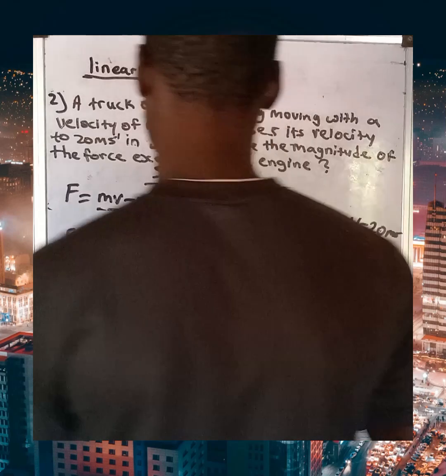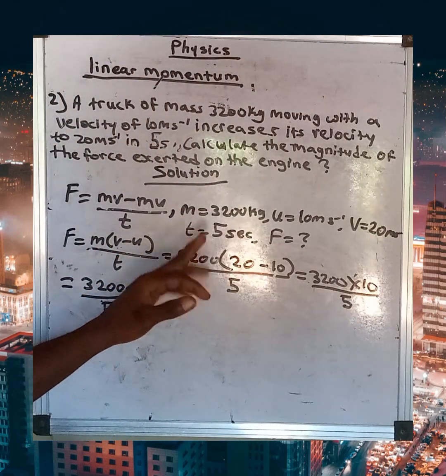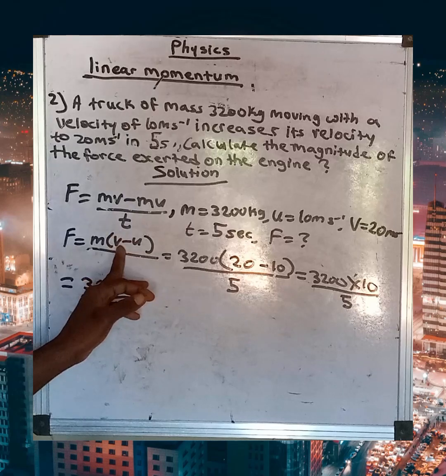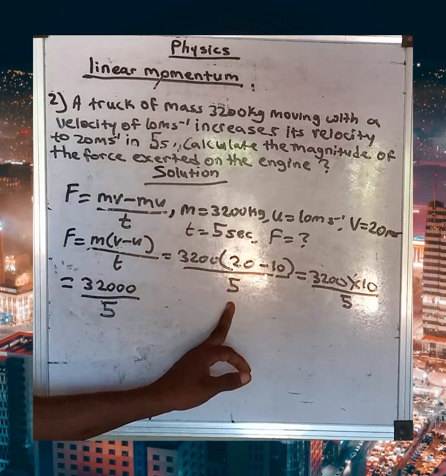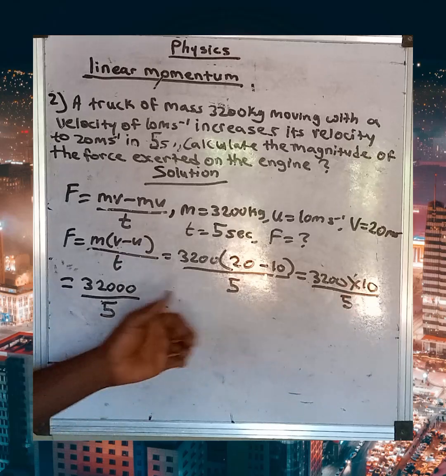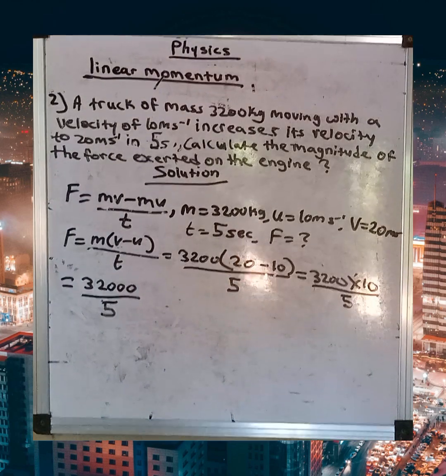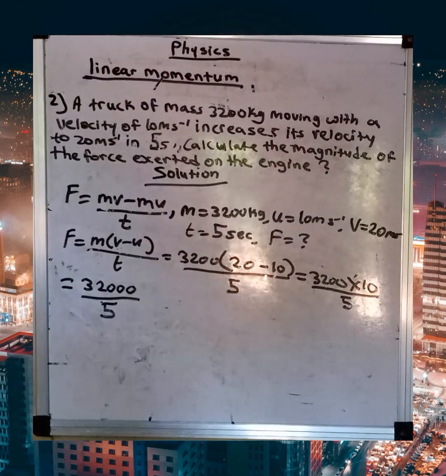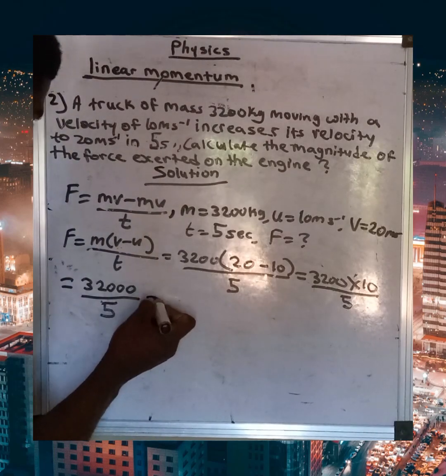So here we have our mass to be 3,200 bracket this 20 minus 10 and divided by 5. 32 times 10, we have 32,000 divided by 5. So 32,000 divided by 5, as you can see, we have